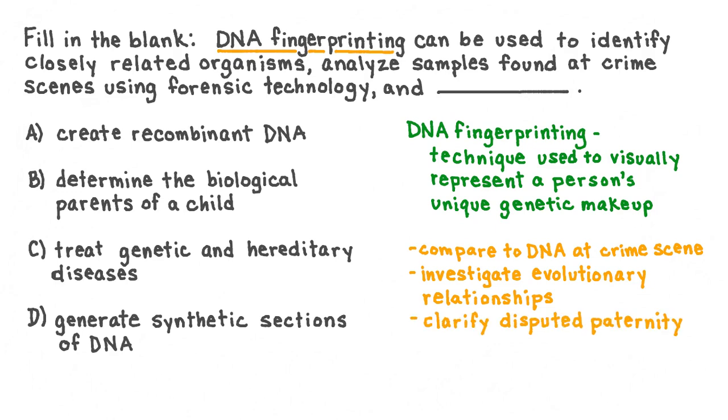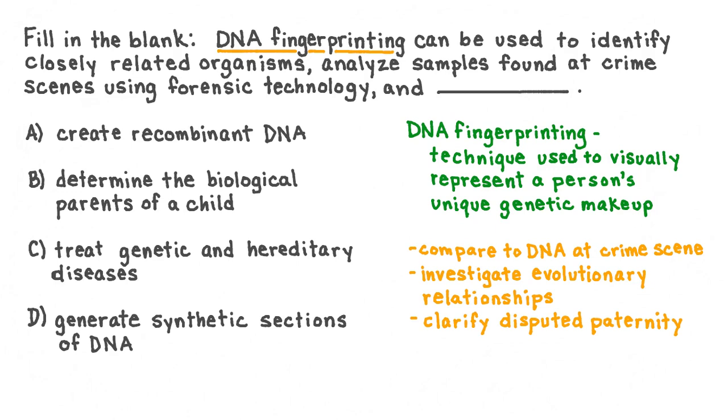DNA fingerprinting can also be used to settle issues of paternity in the case of a disputed lineage of a child. This is because the child will have inherited half of their genetic material and therefore half their DNA fingerprint from their mother and half from their father. By comparing the DNA fingerprint of a child to that of the potential fathers, scientists can determine whether a male is likely related to a child.